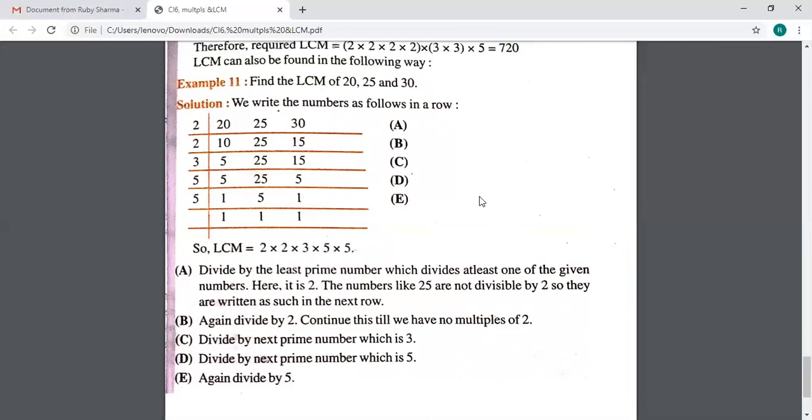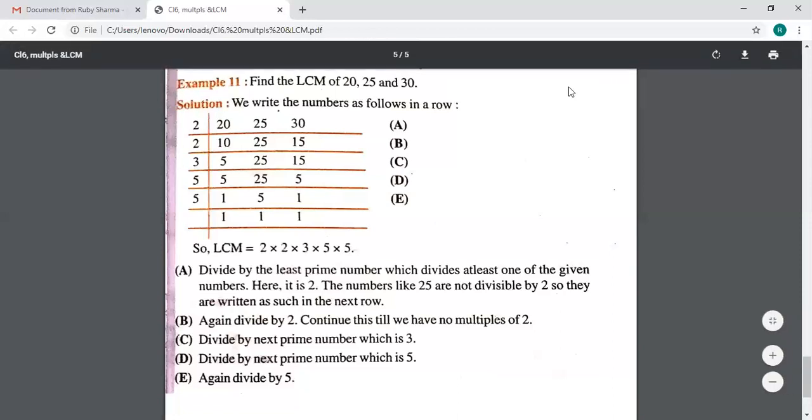I would like to request all of you to do this sum both by division method, I have already done it, you just copy it down, and then you do it by prime factorization method and see if you arrive at the same answer. And the two sums that I did, find the LCM of 24 and 90, and 40, 48 and 45, you do by prime factorization method. So that means there are three sums of LCM that I've done today, isn't it? The three sums